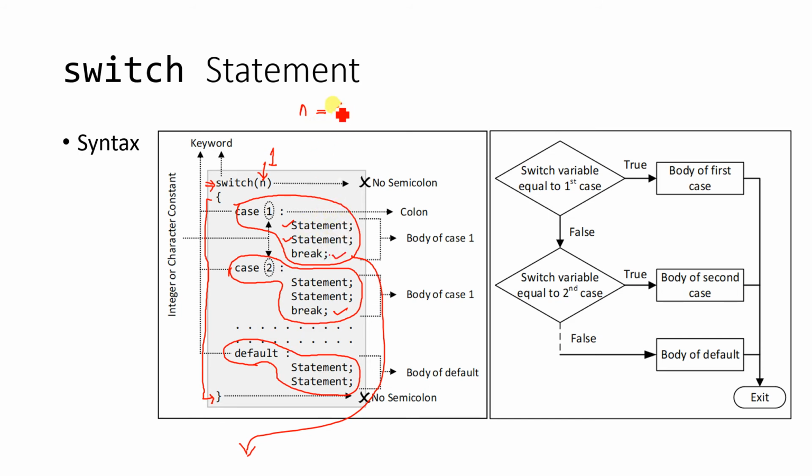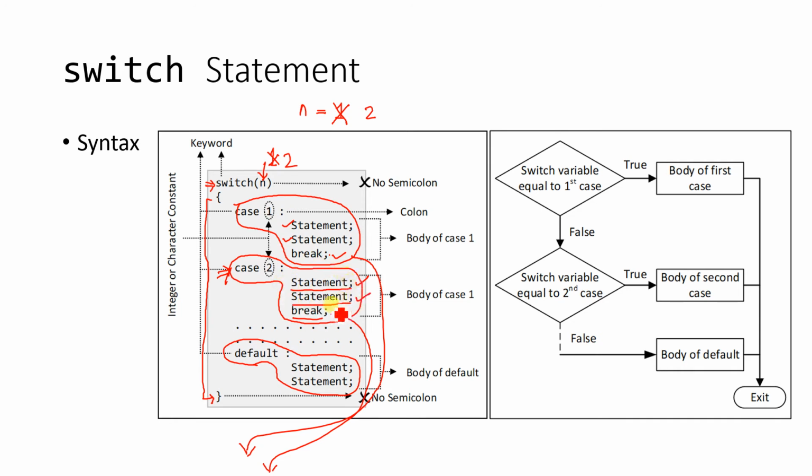Similarly, if somebody puts n as 2, then it is switch 2. Switch 2 makes the control go inside case number 2, and the statements present inside case number 2 get executed. After executing the statements in case 2, due to this break statement, the control will come out of the switch. And you can easily notice every time a case is satisfied, the control will not go to any other cases.